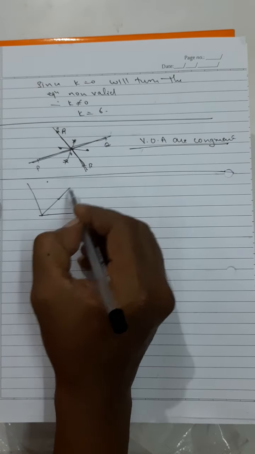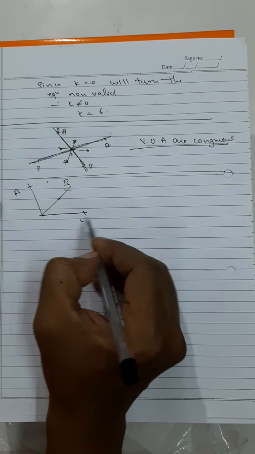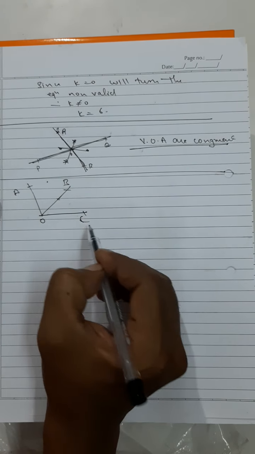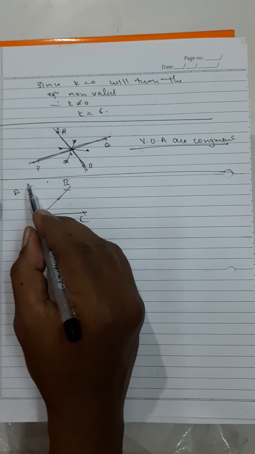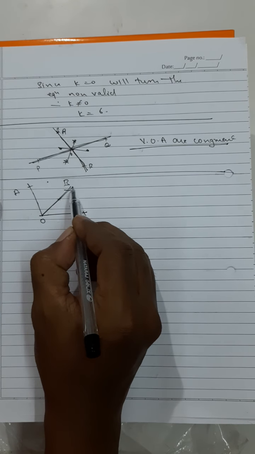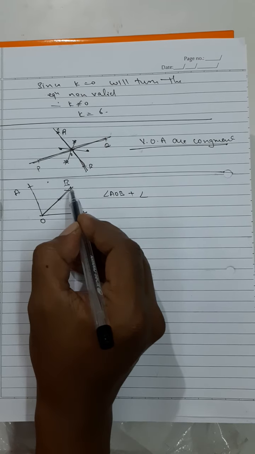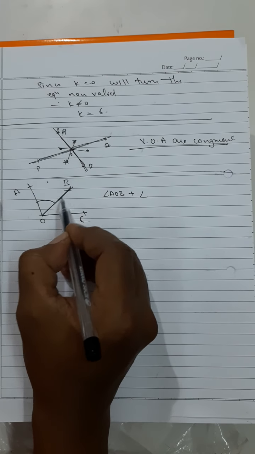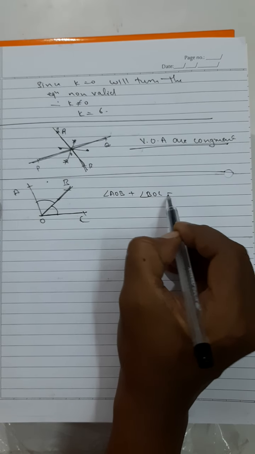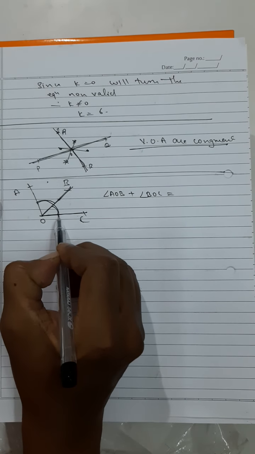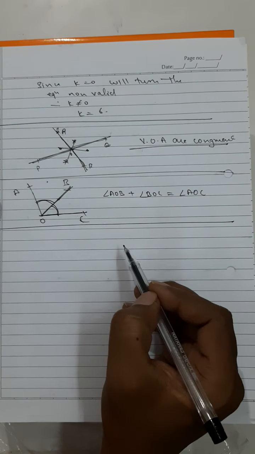See, very important. This is going to be really very important. If you have understood all of these things, then only you will be able to solve the coming exercise. Here we get that angle AOB plus angle BOC, it has to be in continuity, angle BOC is equal to this total angle AOC. This is basically the adjacent angle property.